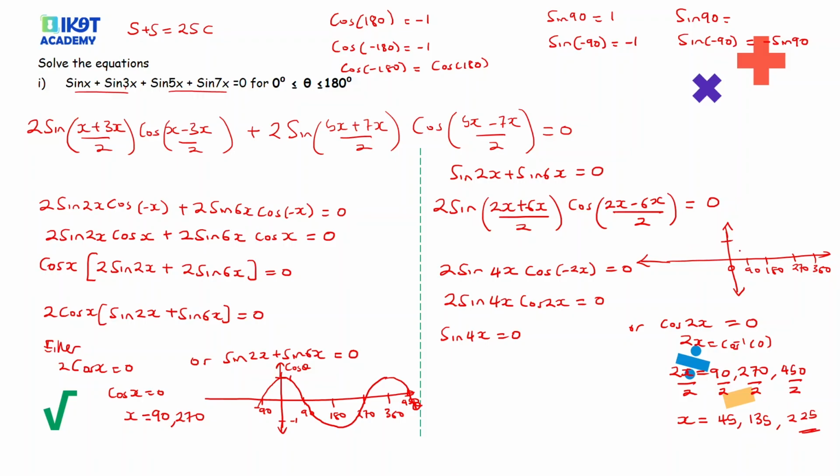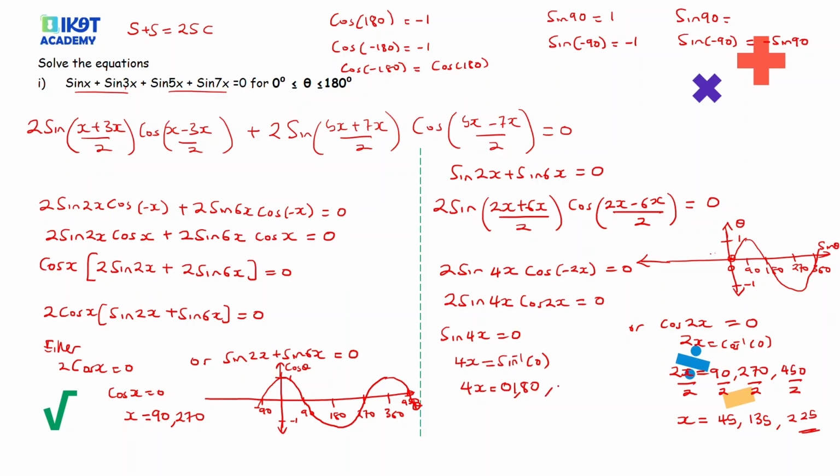This is a graph of sine, so this axis is sine, then this is the graph for alpha. So you start from what is the sine of 0, you plot. What's the sine of 90, you plot. What's the sine of 180, you plot like that until you come up with your graph. So let me pause and plot that. Okay, so now in this graph, we look for where 0 is. So we come here and say 4x is going to be the sine inverse of 0. So 4x is going to be equal to, the first one is 0, then 180,